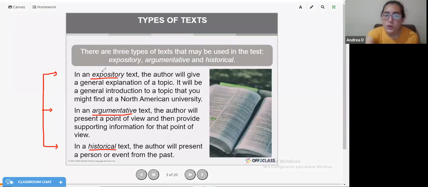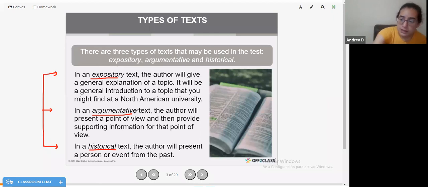Okay, so in an explanatory type of lecture, the professor has no opinion on the topic. The professor is not biased at all, and is just explaining a topic. Like what I was saying, right? Maybe if it's on nuclear power, the professor will give you an overview of what nuclear power is, how it works, when it was discovered, the uses, the advantages or disadvantages. So the professor is just explaining the topic to you guys without telling you anything. So it's very common to have one of those.